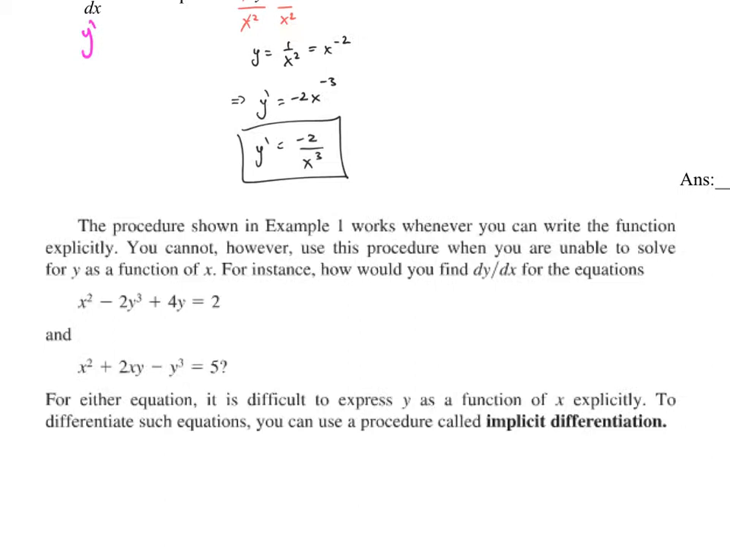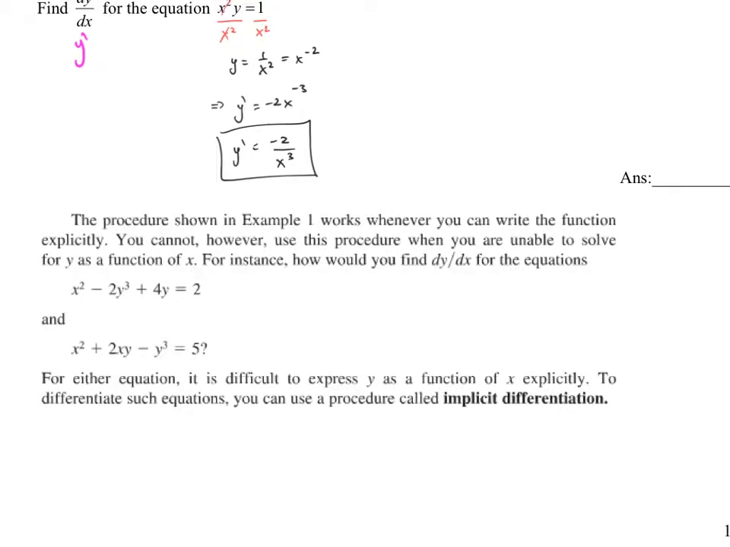Okay. So it says the procedure shown in example 1 works whenever you can write the function explicitly. So we were able to divide both sides by x squared and it worked. It says you cannot, however, use this procedure when you are unable to solve for y as a function of x. For instance, how would you find dy dx for the equation x squared minus 2y cubed plus 4y equals 2? Consider that equation again, x squared minus 2y cubed plus 4y equals 2. Could we do like we did on the previous problem where we solved for y? Well, if you subtract x squared from both sides, you would have negative 2y cubed plus 4y